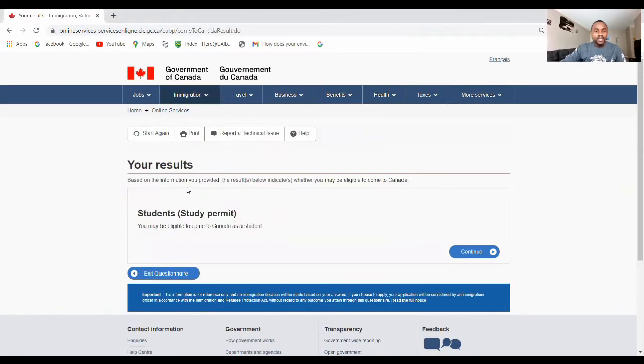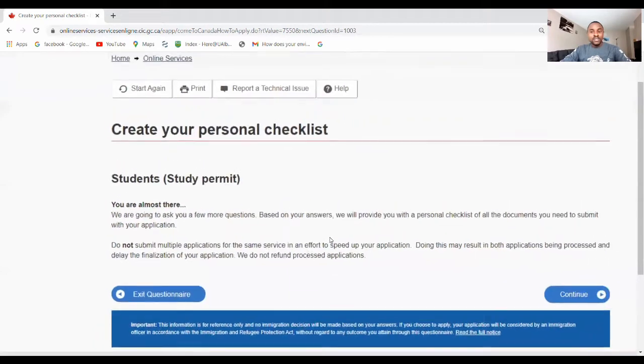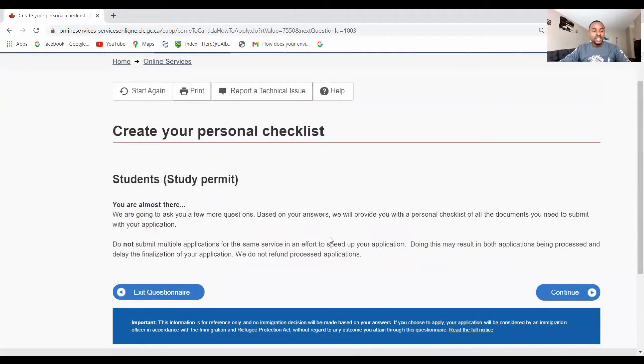And then the next thing is, you see now, based on the questions that I have answered, they've said that I am eligible to apply for a study permit. So if I click on continue, it's going to tell me I'm eligible to apply for a study permit. And then these are some of the things that I now need to do in order to apply for a study permit. So they said there are a couple of questions that you need to